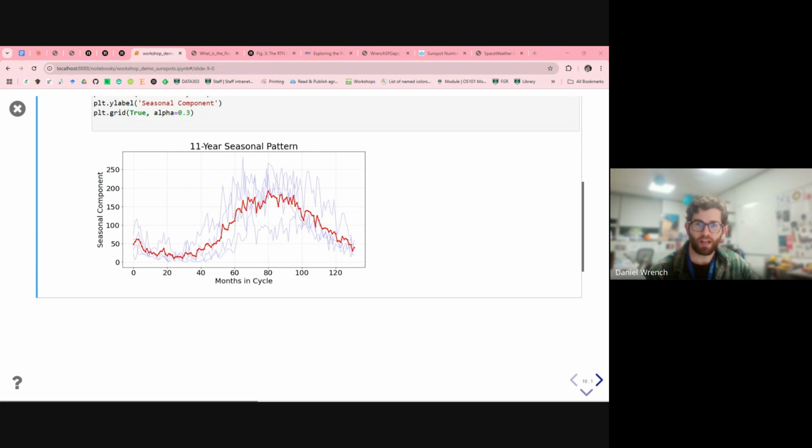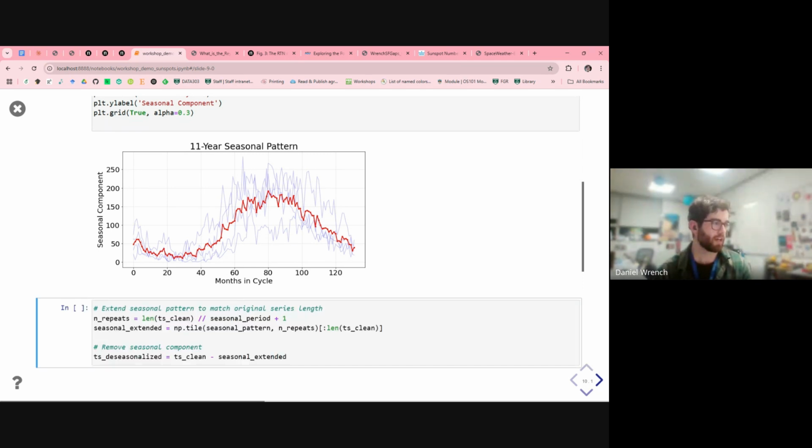And as you might notice, and as we'll see in our forecast models later on, there is much more variability at the maximum of the cycle, right? Does that make sense, everyone? You see just a lot more scatter around there than you do at the bottom. Okay. If anything's unclear, let me know. But that's a great way of first modeling the seasonality, and that means we can subtract it after that.